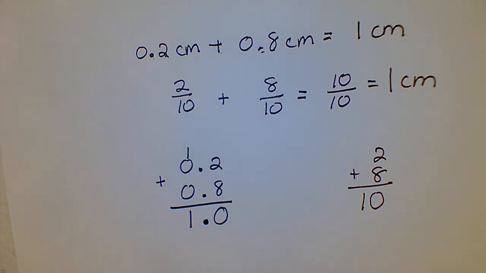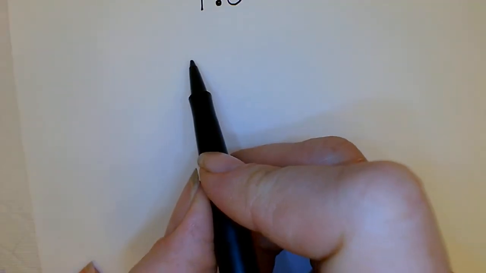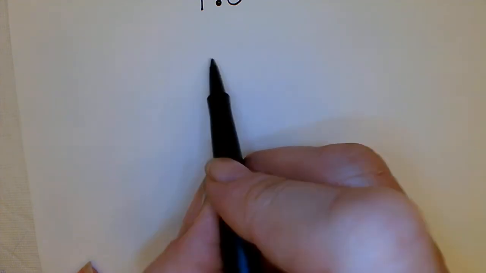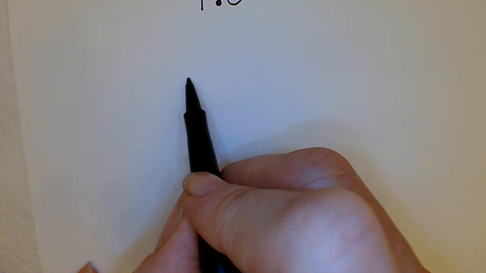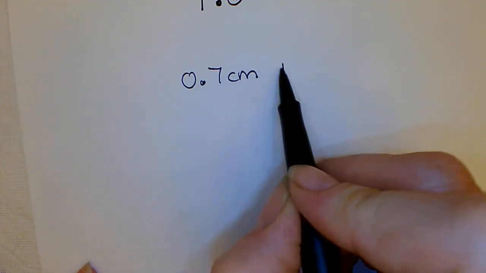So remember what I said, that it's going to be super easy to add these and subtract these? It's going to be what you know how to do. Let's do one more of these just to show the point. So let's say that you had the problem, let's stick to just going to 1 centimeter. Let's say that we had 0.7 centimeters plus